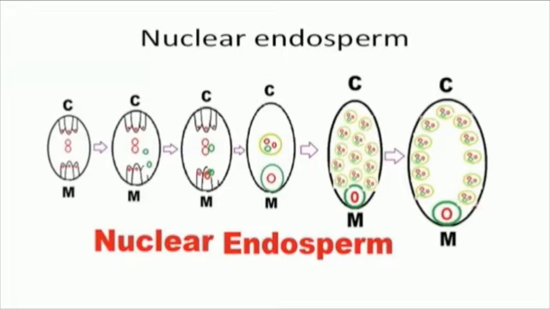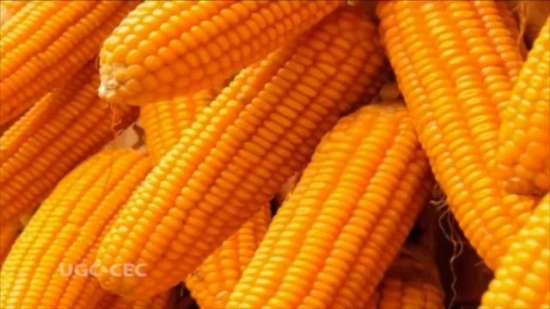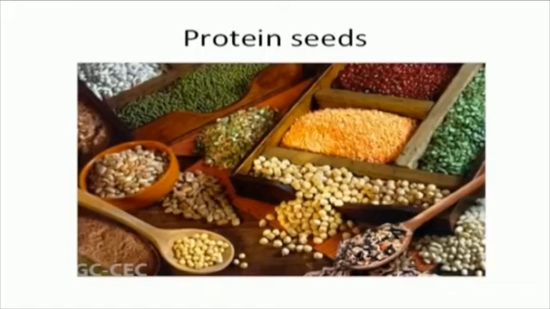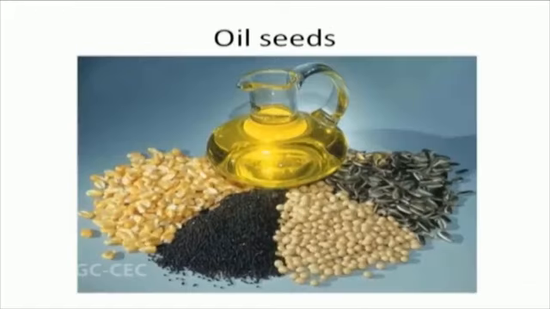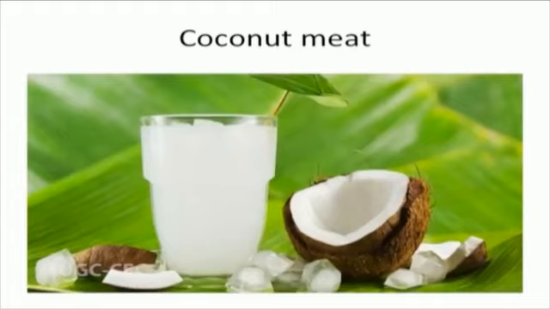One more interesting fact about the endosperm is that it may either be completely consumed by the developing embryo before seed maturation, as in pea, groundnut, beans, or may persist in the mature seed and be used up during germination, commonly found in castor, coconut, etc. After the endosperm, let's begin with the embryo.